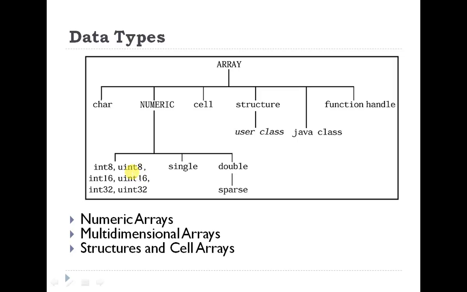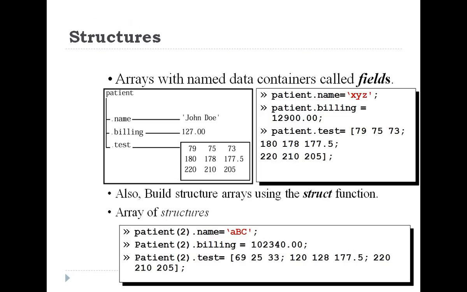If we have to declare some negative values, then we can use signed variables, that is int8, int16, like that. And if we have to define both positive as well as negative values, then we have to define unsigned variables, that is uint. So some single and double and sparse we can define, and all these data types we can use for single dimensional, multi-dimensional arrays, some structures and some functions also.